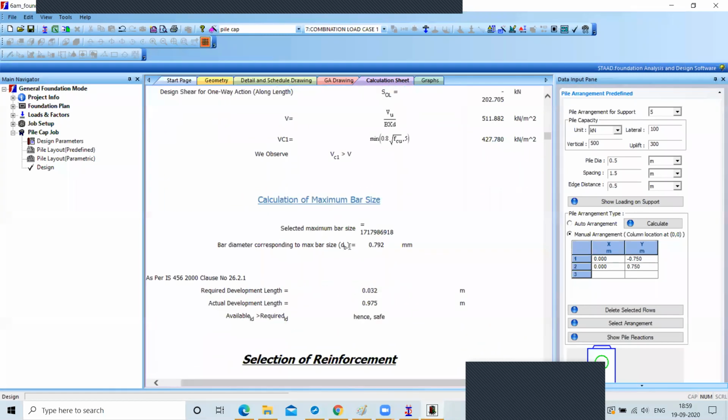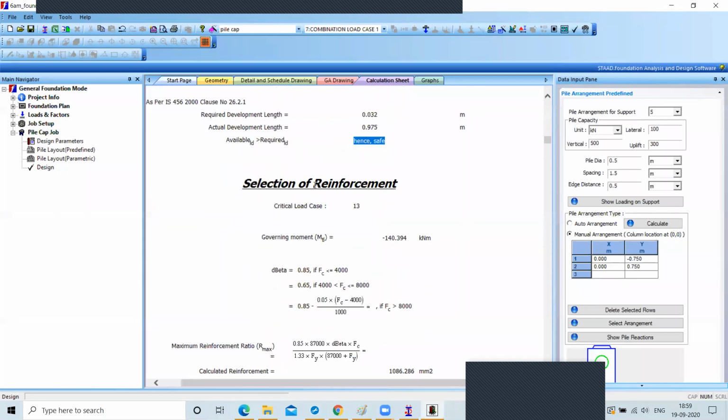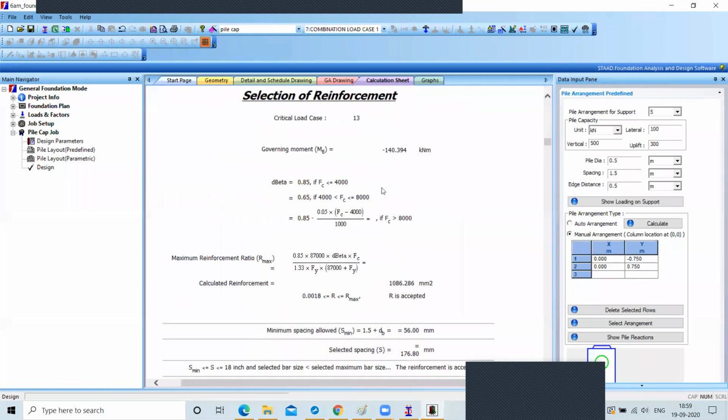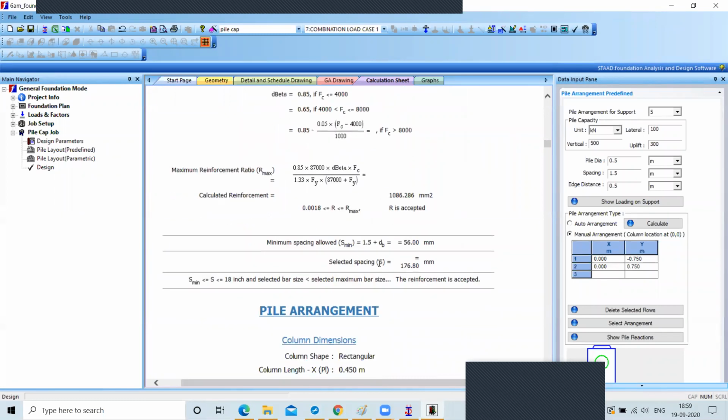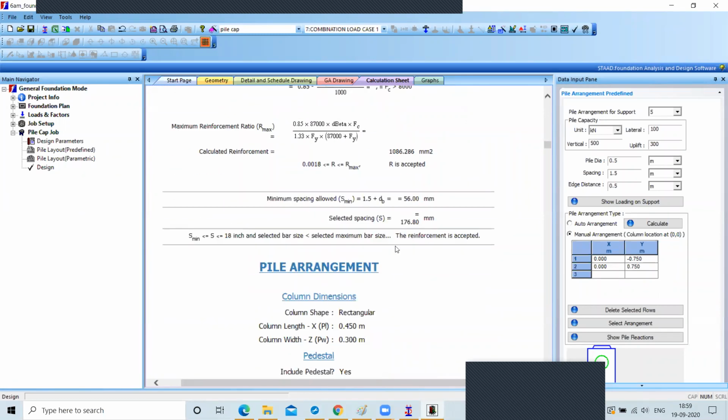Observe here the calculation for the minimum bar size. And selection of reinforcement. This is your spacing. This is your minimum allowable spacing allowed, right?